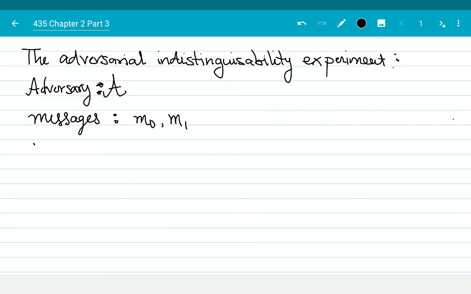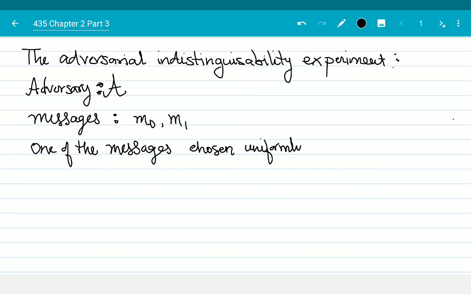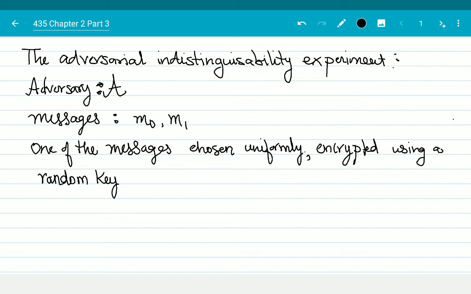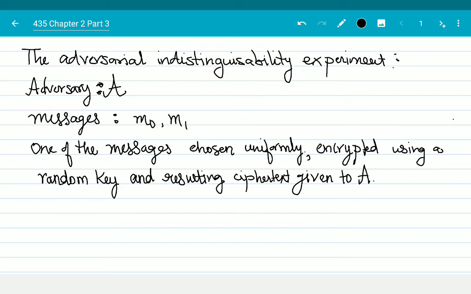One of the messages, chosen uniformly, that is to say with half probability for each, is encrypted using a random key, and the resulting ciphertext is given to A. Okay, in that case,